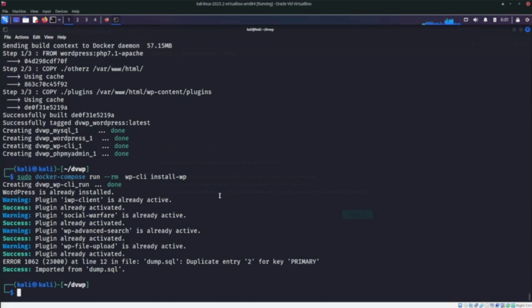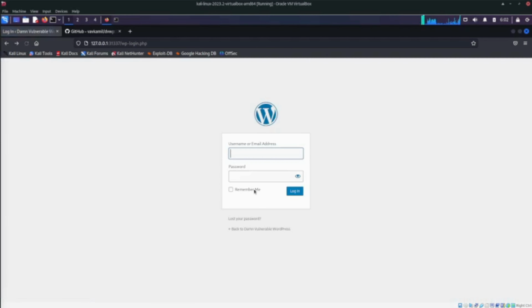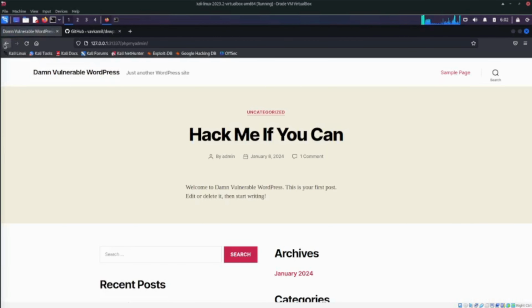Now, whether it's working or not, if we go to localhost:31337 and let me just reload it, if it's working, then that's fine. So WordPress as well as PHP are both working, and the WordPress credential is admin, and the MySQL password is